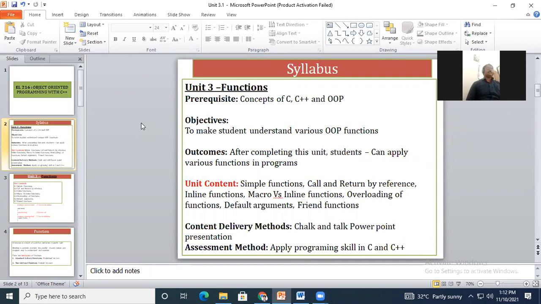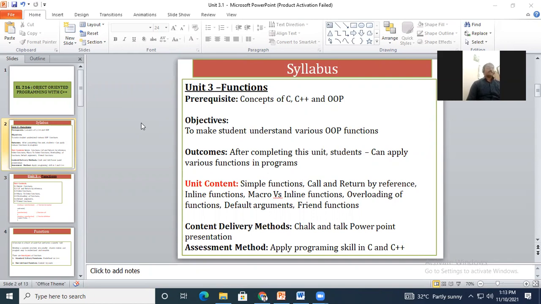That means the functionality is called from somewhere, and we know we have the iostream.h header file. The body of the cout and cin functions is defined in this iostream.h header file. So if we are using these system defined library functions in the program, we call them system functions.